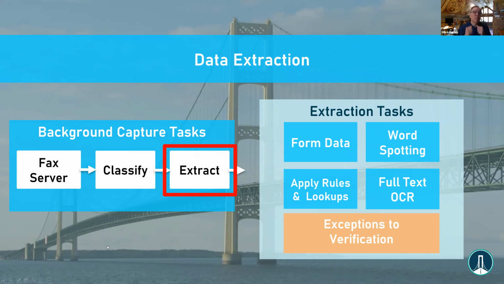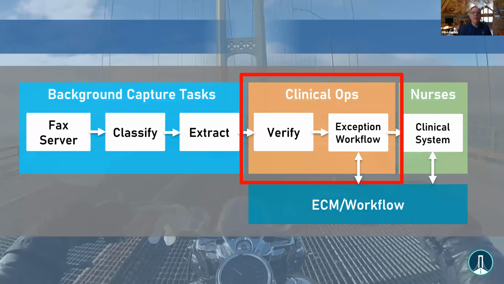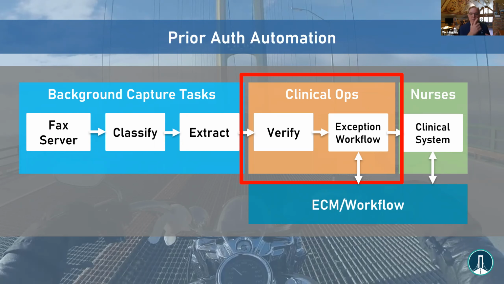This is just systems chunking through those images, those faxes, those scanned images, those PDFs, to sort through them and extract data. The purpose of that is to get it to that green box at the end. But in the middle here, we've got this orange box, which is really what I call clinical ops or triage. It's folks that are not necessarily a nurse or a clinician, but they understand what the nurse is going to need, and they need to go through the information, verify that they've got everything there, and then handle anything that's fallen out in an exception workflow.